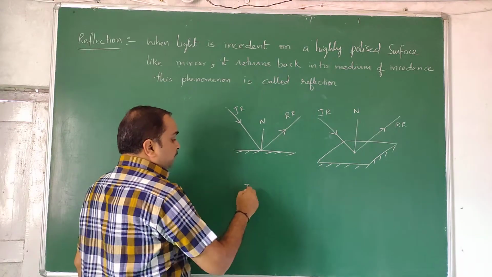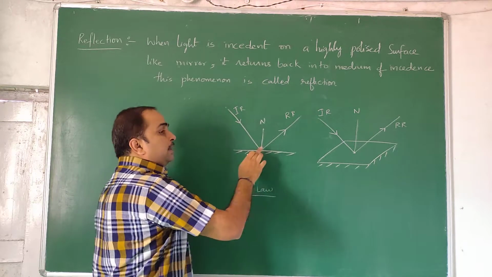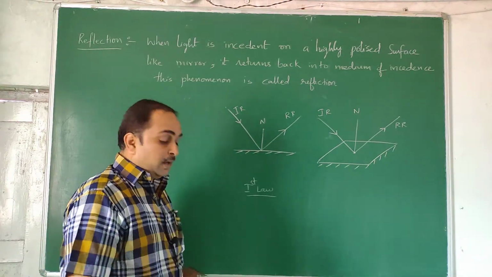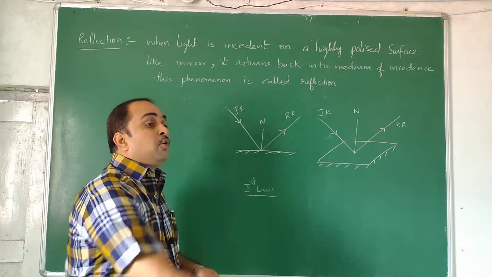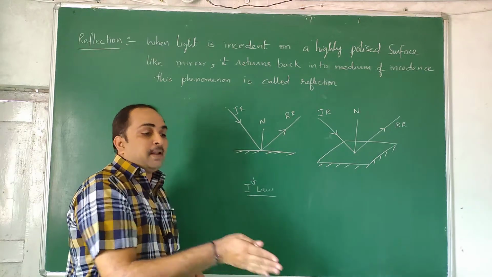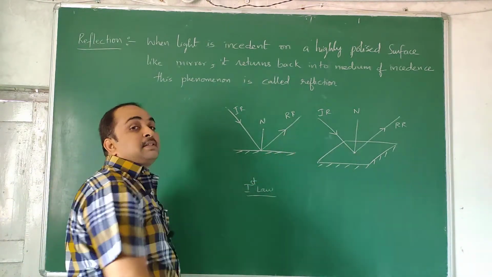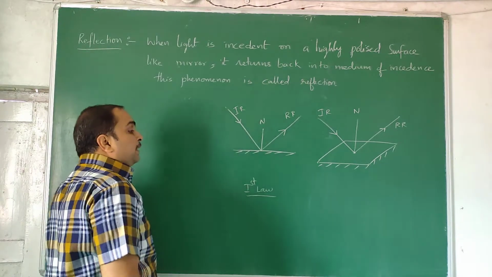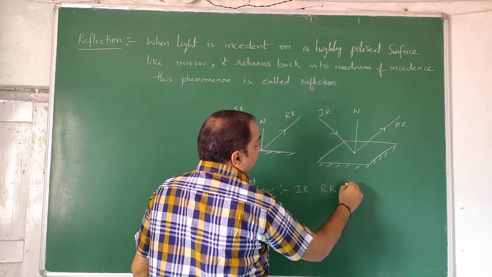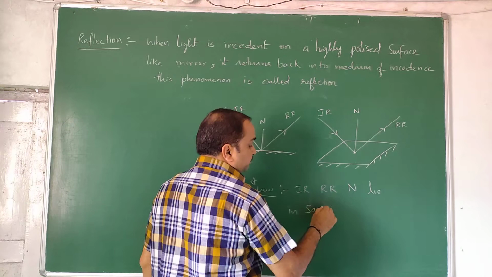The first law says that three of them, the light coming like this cannot go like this. For example, there is a surface here and you put one pillar kind of thing, that is a normal. If incident at the bottom of the pillar, light will go into this plane. So incident ray and reflected ray and the normal will lie in the same plane. If you hit from here, it will go this side. But by hitting like this, you cannot make the light go this side, because they will not be in the plane in that case. First law says that incident ray, reflected ray, normal lie in the same plane.